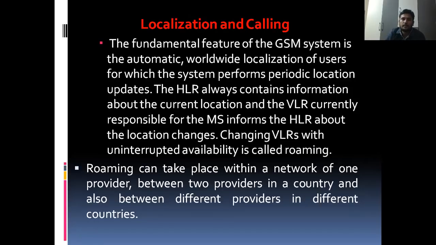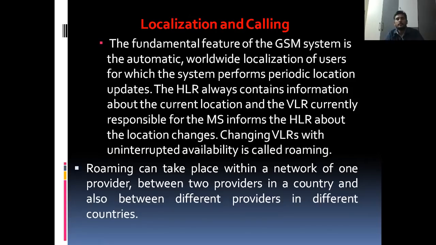Calling from one mobile station to another mobile station. Already we discussed it. So from mobile station to the BTS, BTS to the BSC, BSC to the MSC. If it is in the same MSC range, the MSC will work it out. If it is in the same BSC range, the BSC will work it out. If it is in the range of another MSC, the local MSC identifies the address of the other MSC. That MSC identifies the address of another BSC. That BSC identifies the address of the BTS, and the BTS identifies the address of the MS.